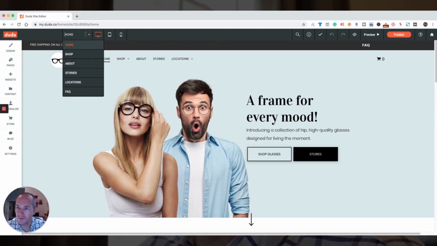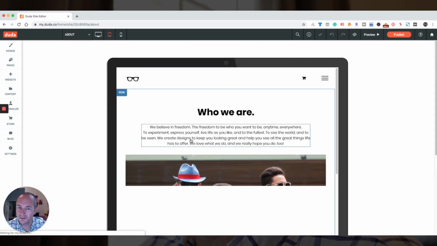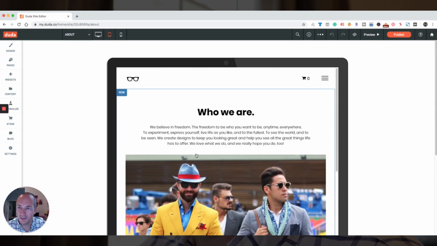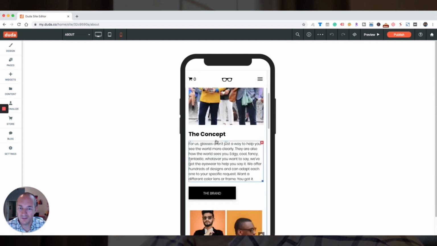From left to right, you've got a drop down option here with home, shop, about, stories. So this template has a number of pages already available, and I can quickly bounce between those pages using this navigation drop down. You'll see a desktop view and edit screen, the tablet view and edit screen, taking you into the tablet mode for that same page that we were on, or mobile. So this is how you would navigate between the designs of each type and make your changes. By default, it's always best to build your site in the web browser mode and then shift it or change it for tablet and mobile afterwards.